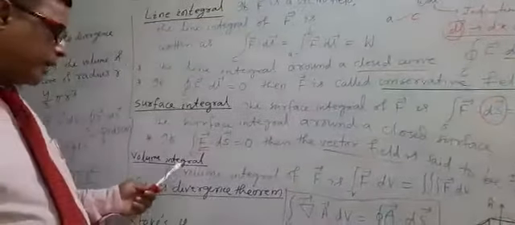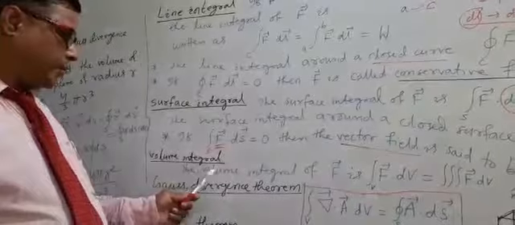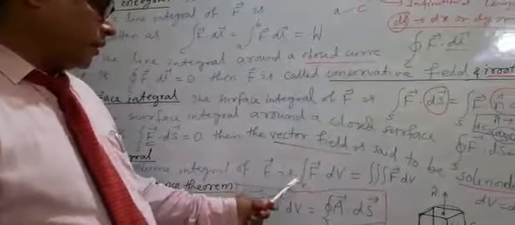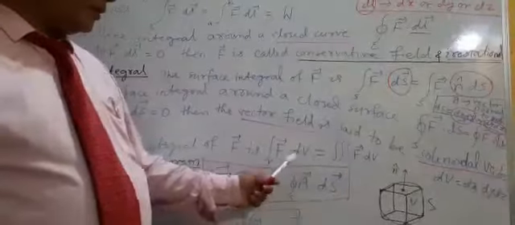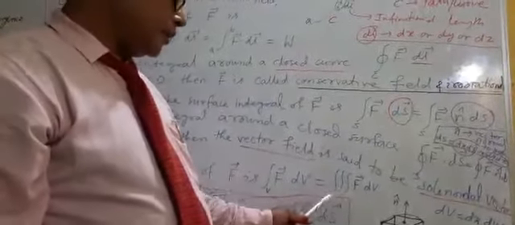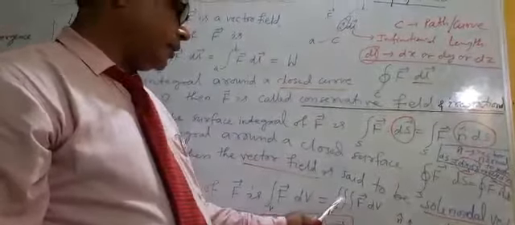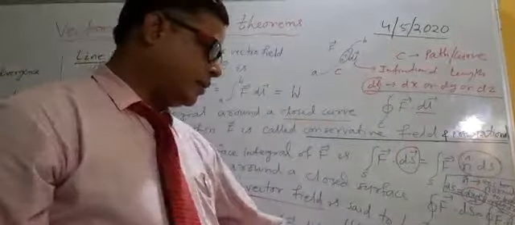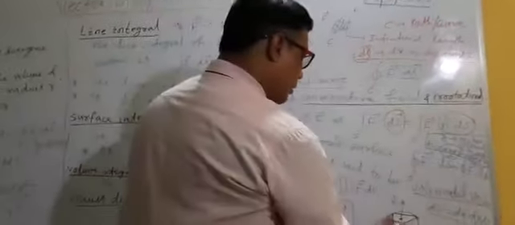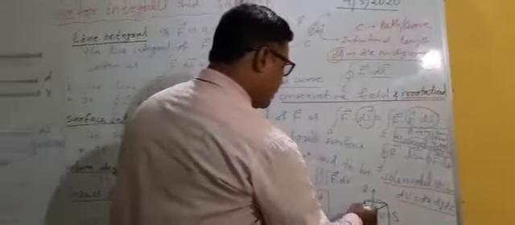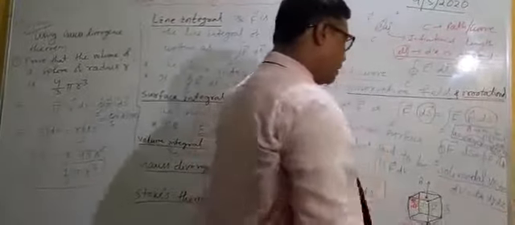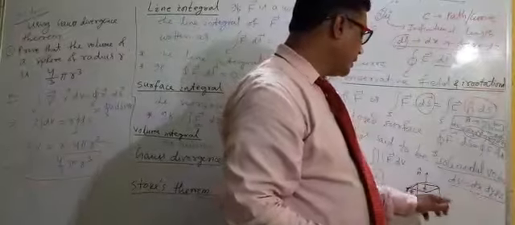Okay, the next integral is the volume integral. The volume integral of f is the volume integral symbol, f dv, and you can also write the triple integration sign, f dv, meaning along x, along y, along z. dv is a small volume. Let it be a cubical volume V, and dv is a small part of the volume. It is three dimensional. You can write dx, dy, dz.